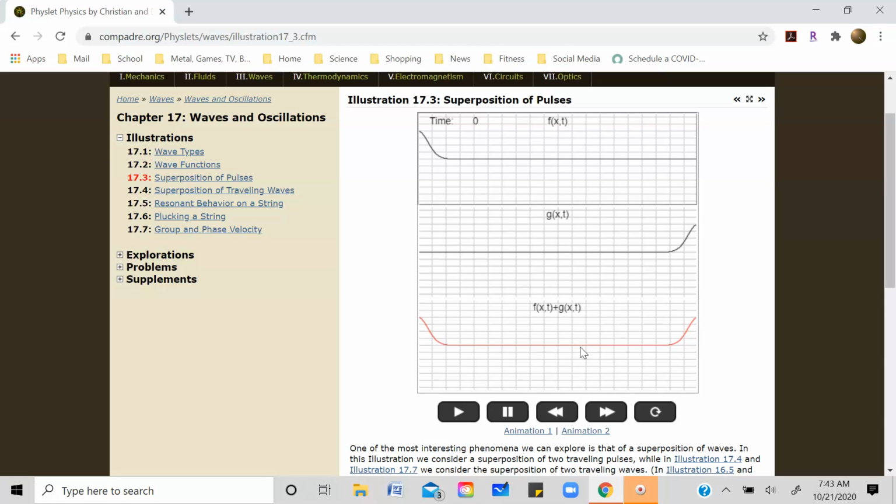Okay, now ultimately, mathematically, all that's really being added together here are two functions. One function that describes this pulse here propagating to the right, and a second function here that describes this pulse propagating to the left. Okay, when you see the two pulses superimposed for a brief moment, the amplitude is going